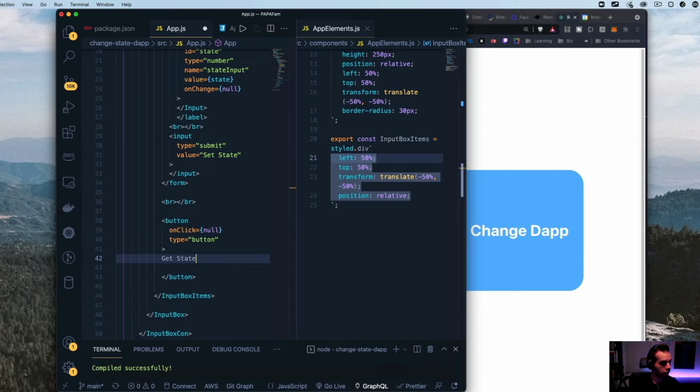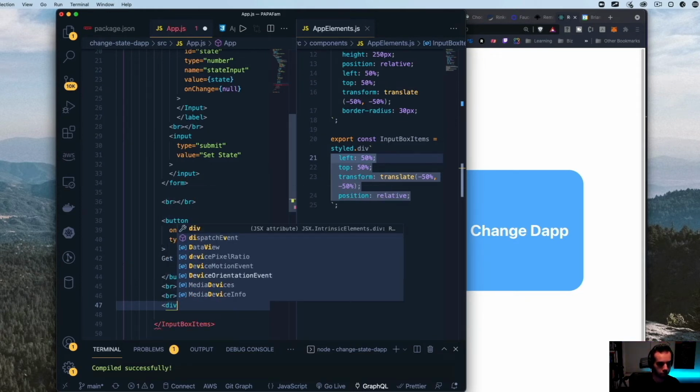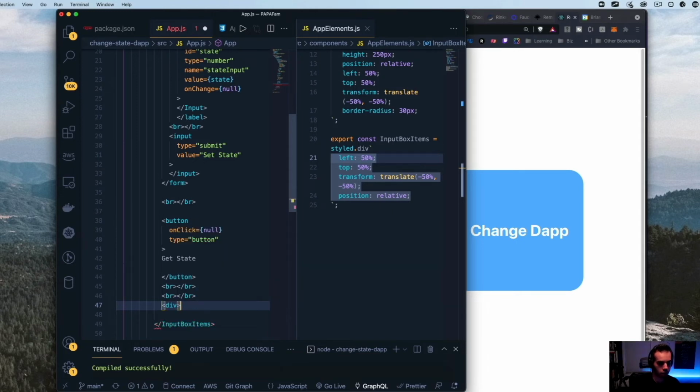So that is all well and good. And then after the button, we're going to do a couple breaks. So line break, line break. We're then going to get the state of the blockchain. So we're going to say, actually for the div, we're just going to say style. And then we're going to add some styles.